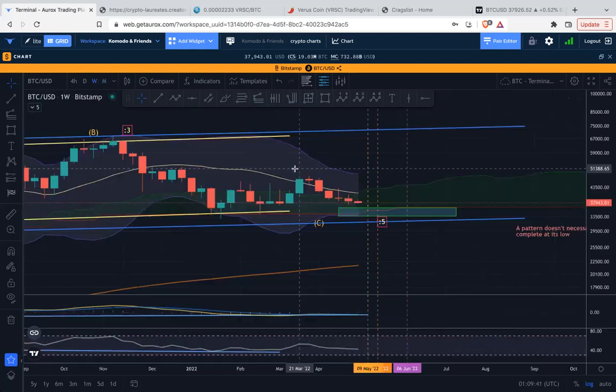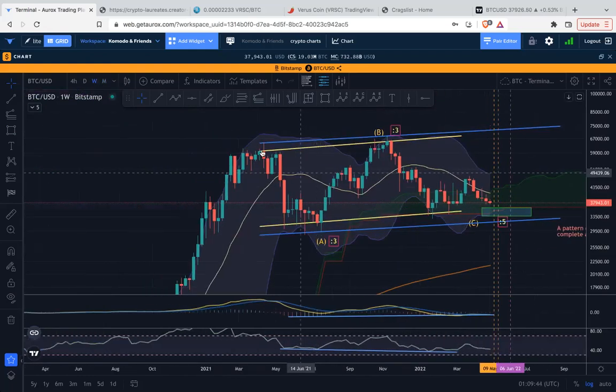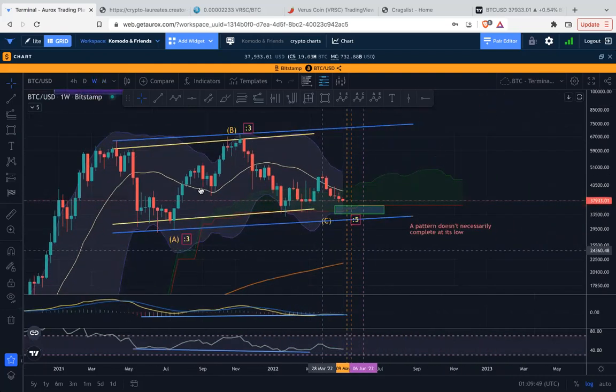But again, the thesis generally is a flat pattern, some form of A, B, C here. And as per Elliott wave, it would be a 3 correction. So 3 down A, 3 up B, 5 down C type of impulse. Now in this one, let's call it Neo Wave logic here, where we talk about a terminal impulse where the 4 wave can trade within the 1 wave and is part of the fabrication.